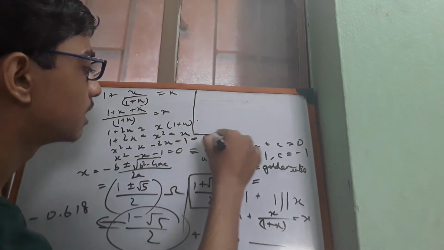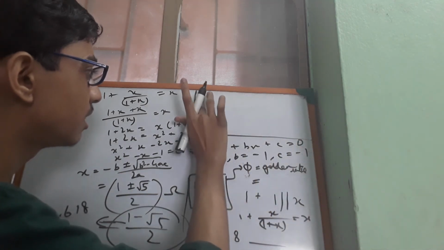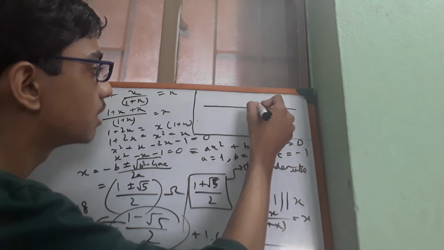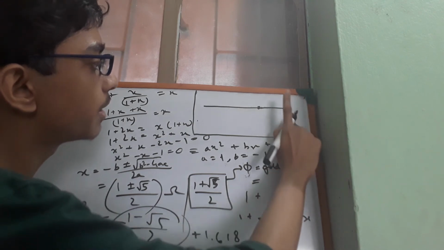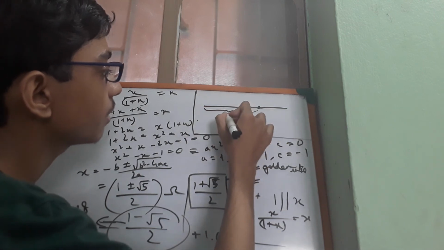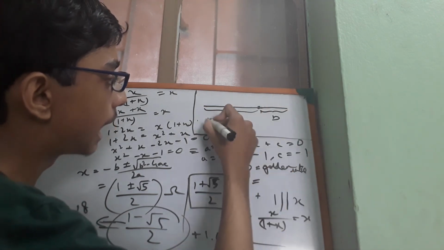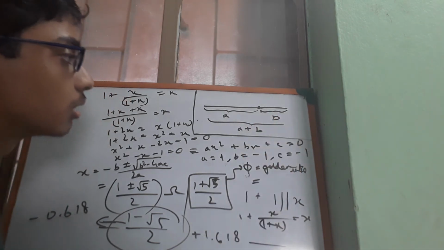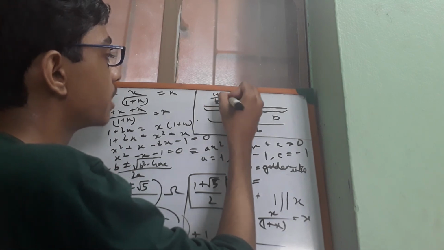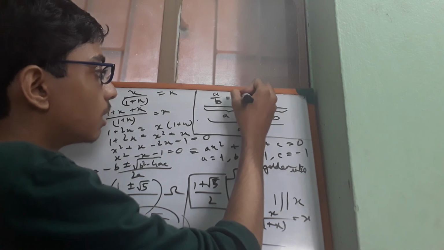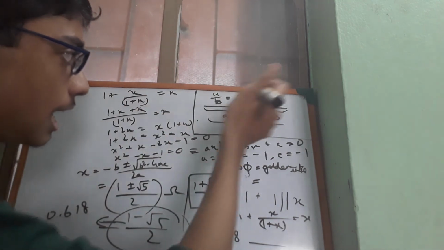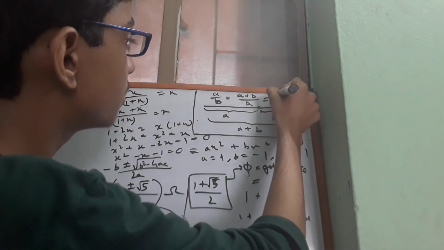Now let's move on to mathematics. Suppose we take any line and divide it into two parts such that one part is bigger than the other part. Let this be our line. Let this part be A, which is the bigger part, and this is the smaller part B, and the total length is A plus B. If you can divide them such that A by B, the larger part divided by the smaller part, is equal to the total length divided by the larger part, that is, A by B is equal to A plus B over A, then you get the golden ratio, denoted by the Greek symbol phi.